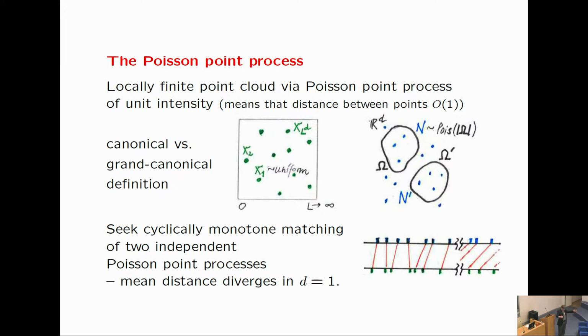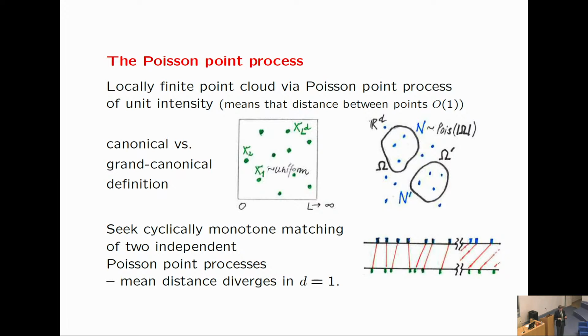And now it's classical that if you let L go to infinity, so your artificial size, if you let it go to infinity, that this kind of point cluster valued random variable converges to something which is the Poisson point process. Now it's a random point cloud in the entire space, which is characterized by two properties. Whenever you take a set omega, let's say open and of bounded measure, then there is a random variable which